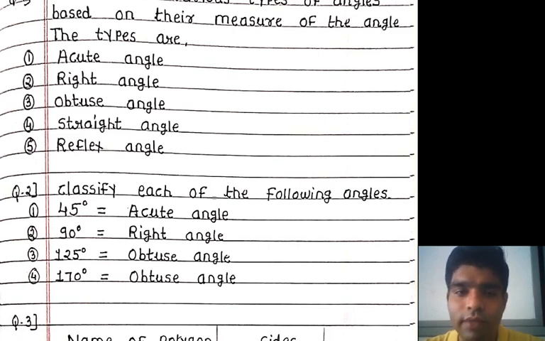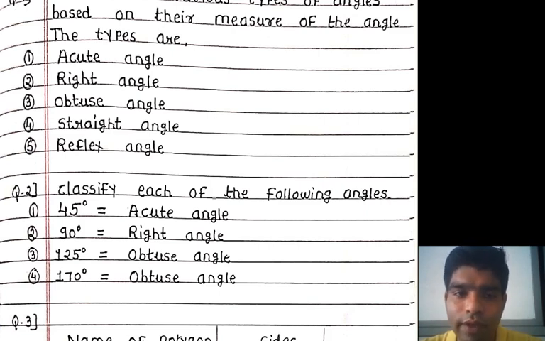Now start from the first example. This is a 45 degree angle. Now see, the 45 degree is a type of acute angle. Why acute angle? Because I already discussed, we define the acute angle as an angle measuring between 0 to 90 degrees. Here we start from 0 to 90 degrees, and the middle will be 45 degrees. This is the mid of the degree.